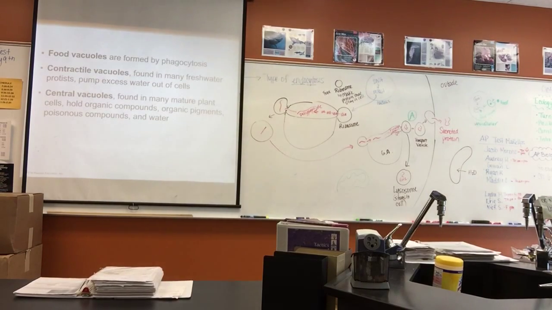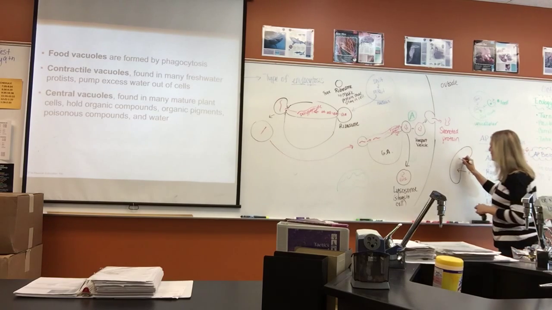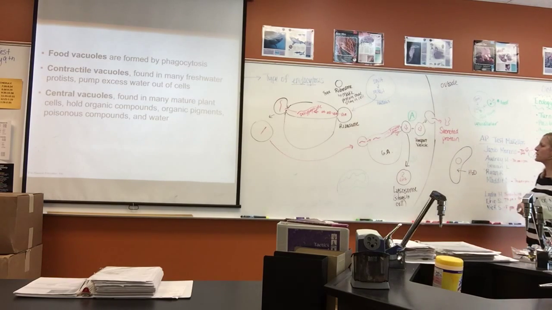And if water continually diffuses into the paramecium, it's going to swell up kind of like a water balloon and eventually burst, which is not good for the species of paramecium. So therefore, these guys have a contractile vacuole. A contractile vacuole is a sac inside the paramecium that, when water diffuses in, the water accumulates in this contractile